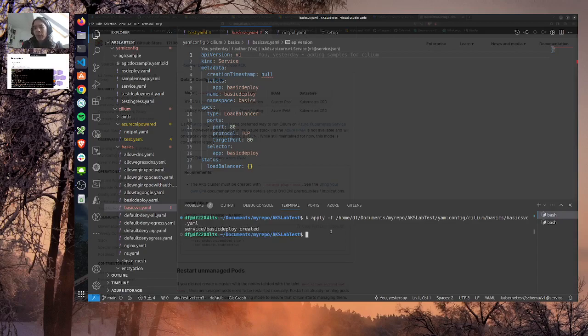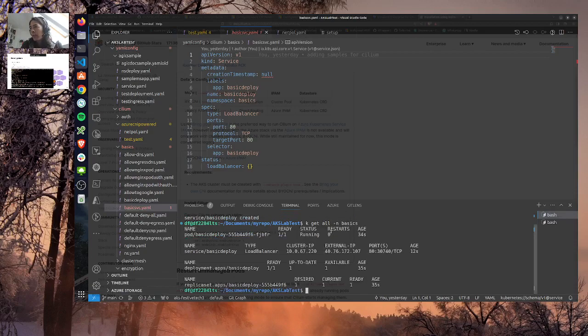Okay, so if I do a get all from this namespace, I should have a service available with a public IP over there.